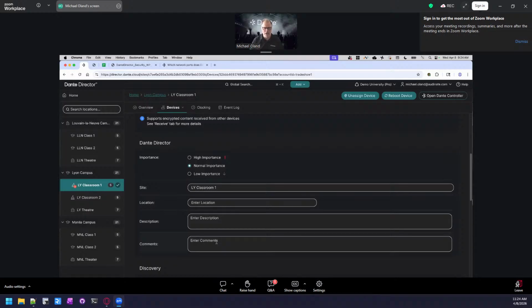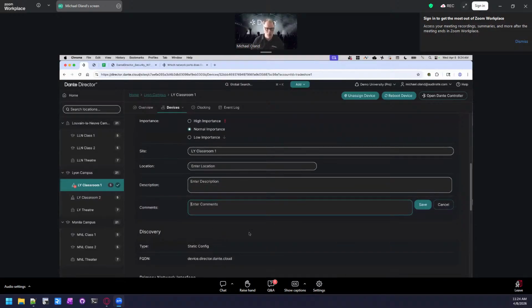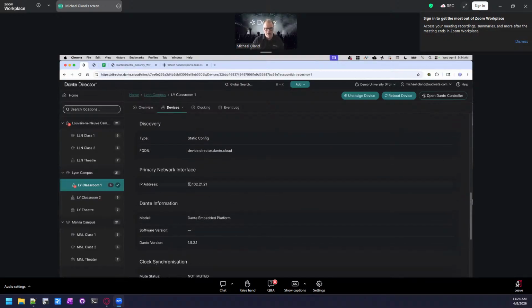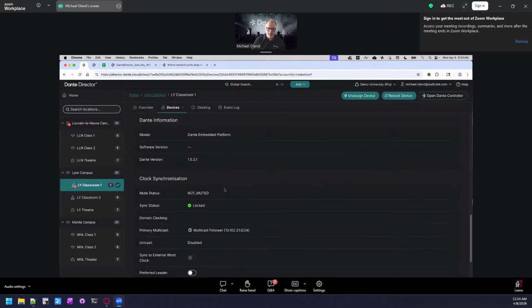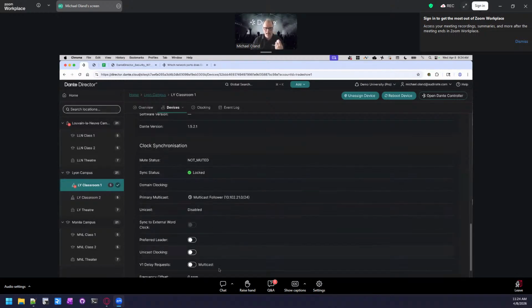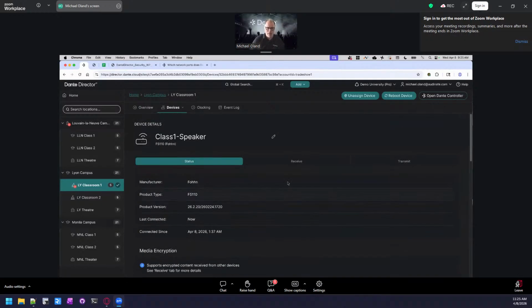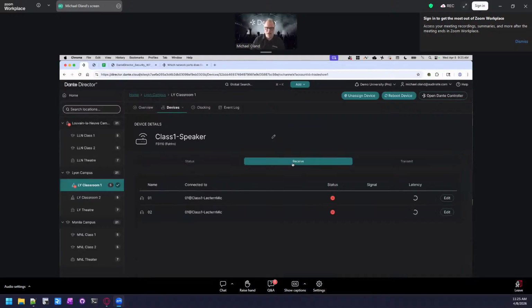So if you have information you want to be able to track, not a full-fledged asset management system, but at least a way of saying, hey, this is a device that I expect to be offline a fair amount of the time because it's something we pull out only periodically, or whatever you want to store in there. You can even get the IP address or addresses in the case of a redundant network, and some other information as well as clocking. Again, a lot of the same information that you could set and more than you can set in Dante Controller.